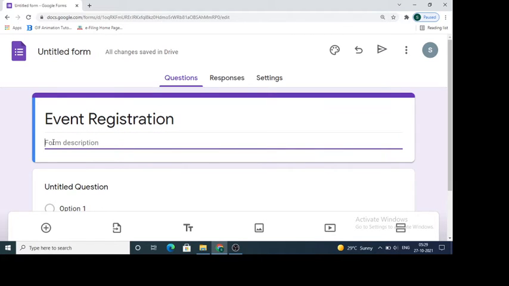Here you can mention event timing and other description about the form, like event timing.